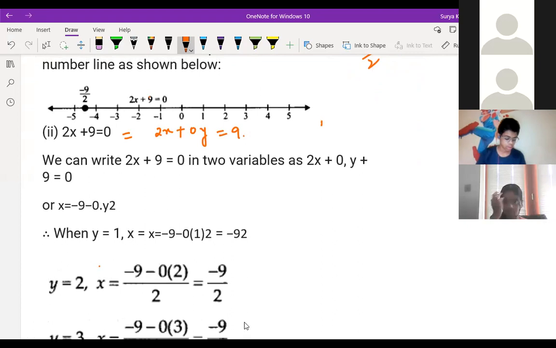Yeah, but generally what we are using is ax plus by plus c is equal to 0. This is the general equation, right? Okay, okay. So we have to use it in general form. Yeah, that is also possible. This also you can write, no problem. 2x plus 9 is equal to 0y, what you want to write? Yes, sir. No problem. That one also you can write, not a problem. Okay, sir.